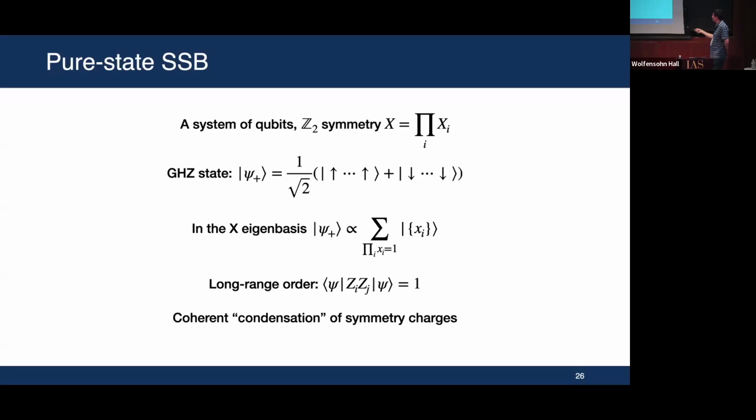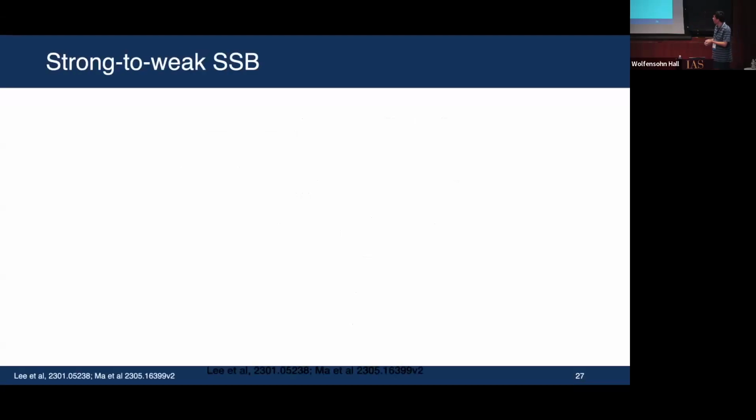Okay, and this state has long-range order. If you calculate the two-point function of the order parameter, which is Z, we get exactly 1 in this state. And we can think about it pictorially as a condensation, the Bose-Einstein condensation of the symmetry charges, and that's really exemplified by this way of writing the wave function. Okay, you have a superposition of all possible arrangements of charges, and the only constraint is that the global quantum number has to be respected. Okay, so it's a coherent condensation. Now, what is the